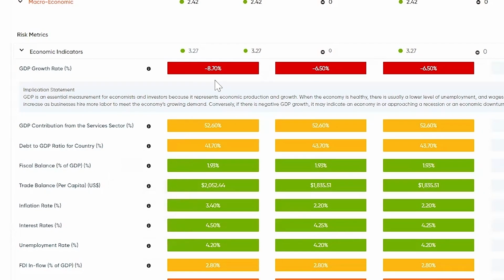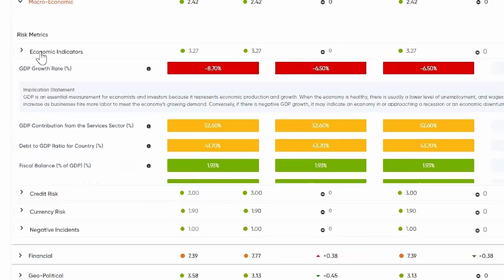Any metric with a high or critical rating is going to include an additional implication statement, which will give us context as to why a negative score in this realm matters, allowing us to make a clear decision about the implication of this metric for our unique relationship with a given location or a given third party.